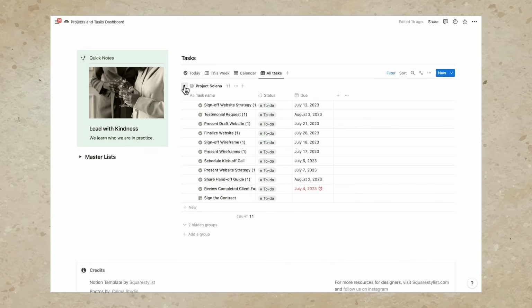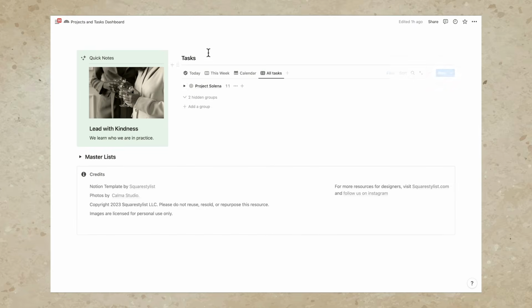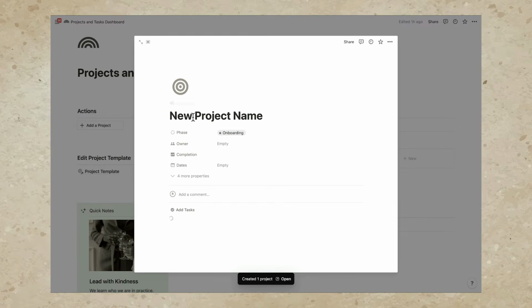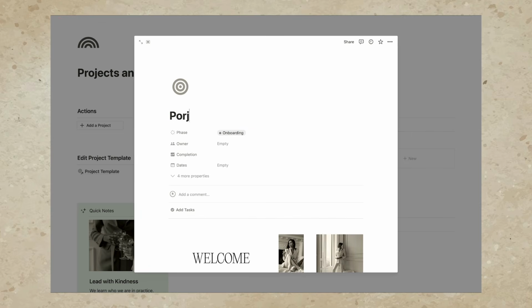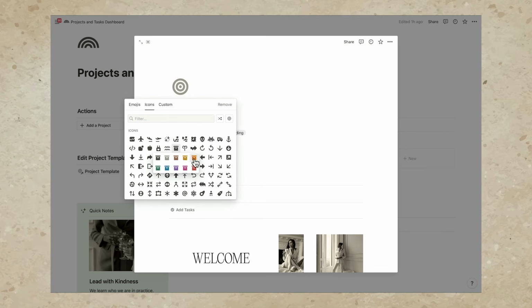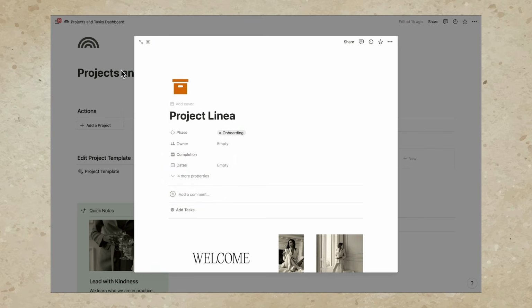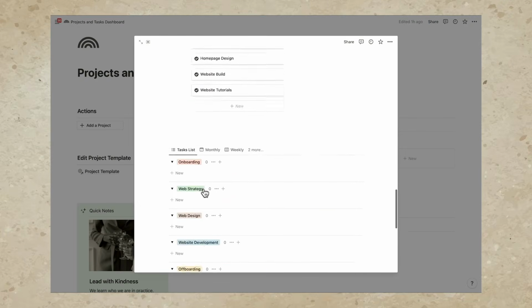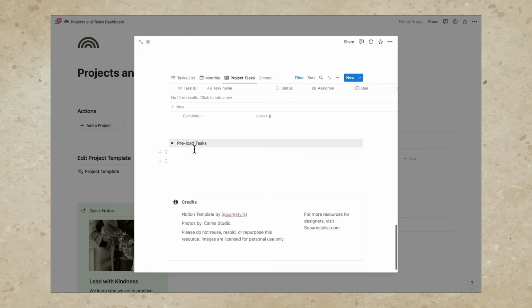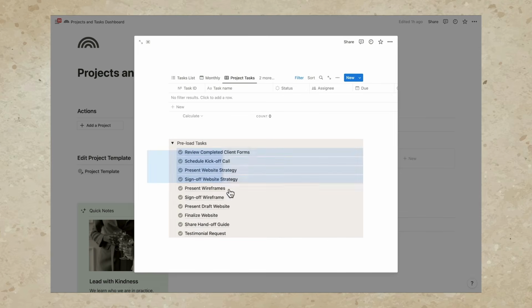Notice how under Project Selena, we have all these tasks. And if we create a new project by hitting this Add a Project button, for instance, I can name this project Linea, and probably I can assign a different icon so it's much more distinct visually. I can use this and probably use this orange color. If I add tasks to this project, again, by using our preload tasks,